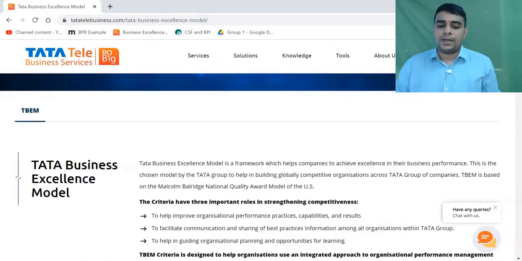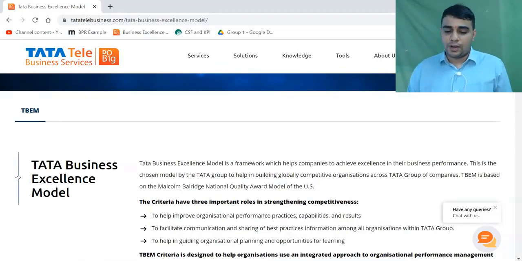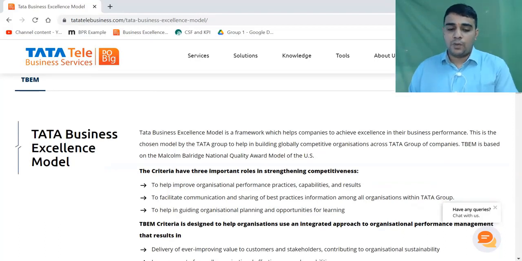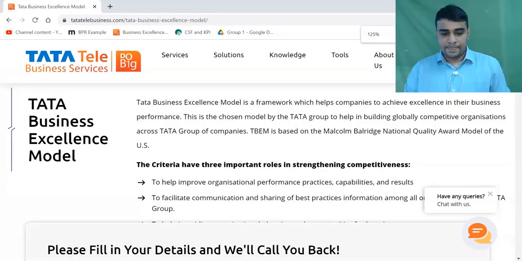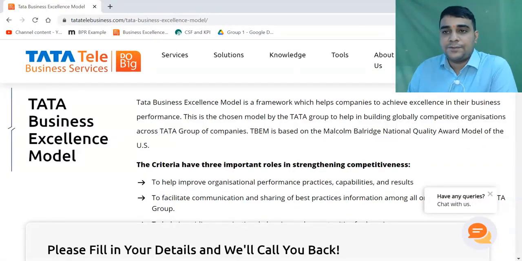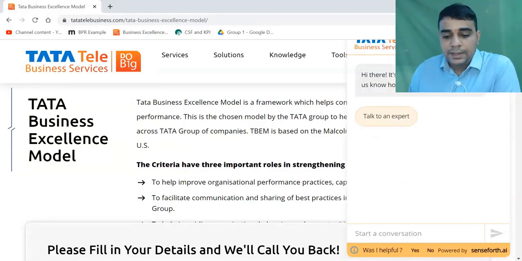Okay, this is your Tata business excellence model. I just wanted to show you in a practical world what they are doing. Tata business excellence model is a framework which helps companies to achieve excellence in their business performance. This is the chosen model by the Tata group to help in building globally competitive organization. TBM is based on